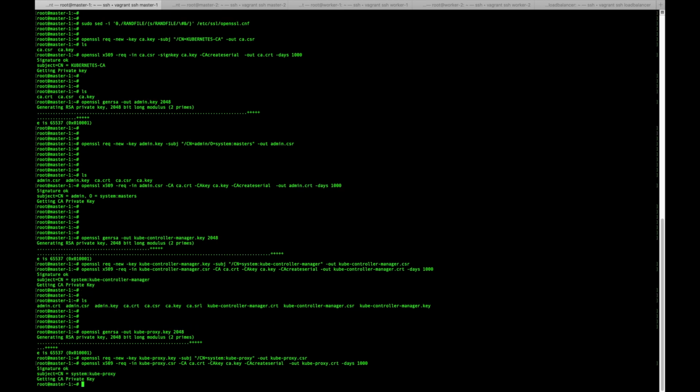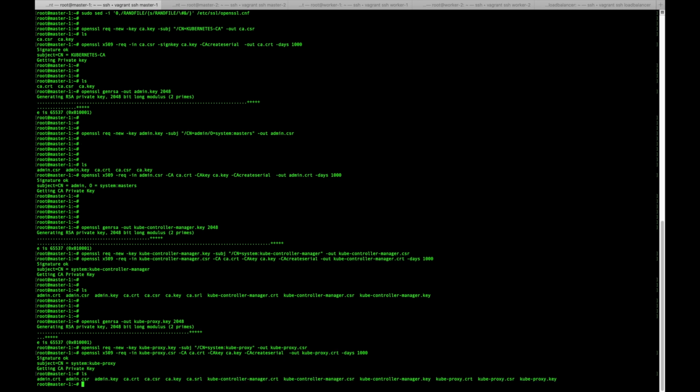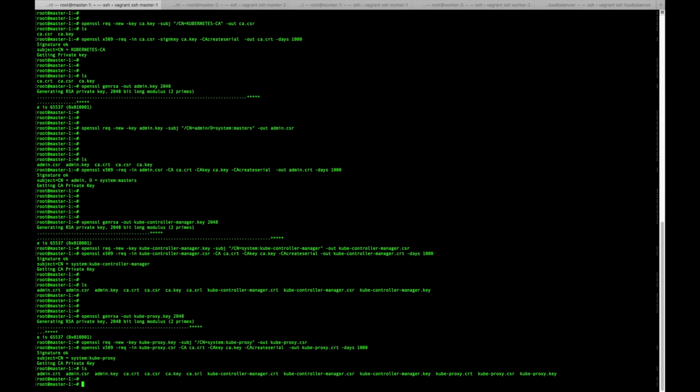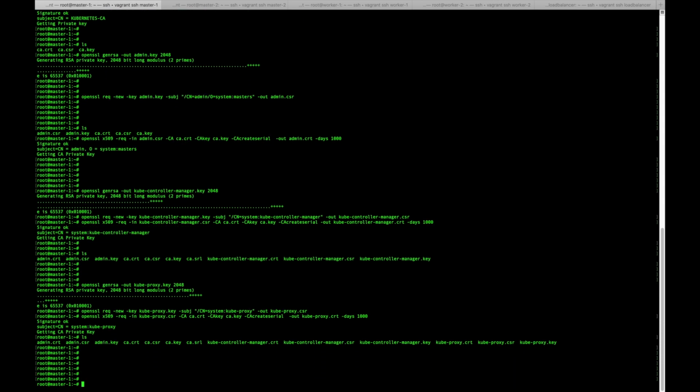So this is the command, and our expectation is kubeproxy.crt should be generated. So let's do ls, and we can see kubeproxy.crt is getting generated. Yeah, that's fine. Okay, so now we have a set of certificates ready for the controller manager component and the kube proxy component, and now let's move ahead